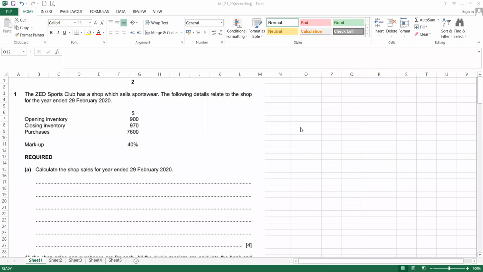Okay, the first question is a club account. The Z Sport Club has a shop which sells sportswear. The following details relate to the shop for the year ended 29 February 2020: opening inventory, closing inventory, purchases, markup. So when you hear the markup,